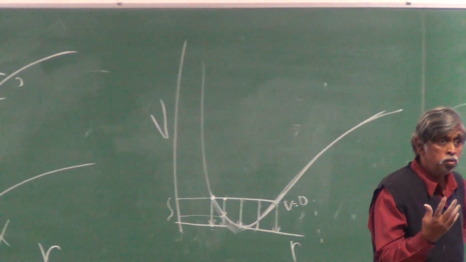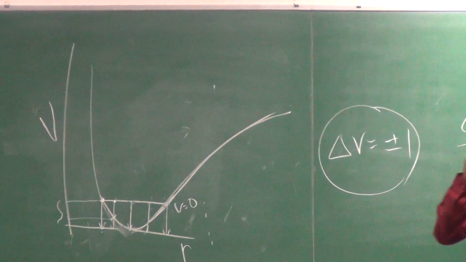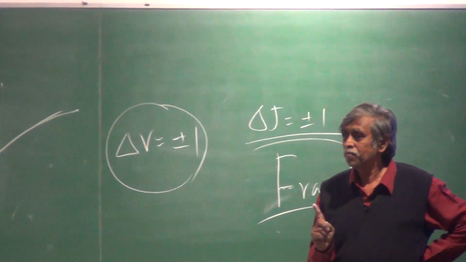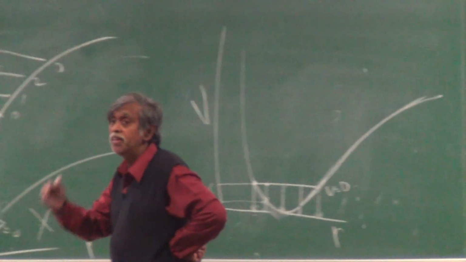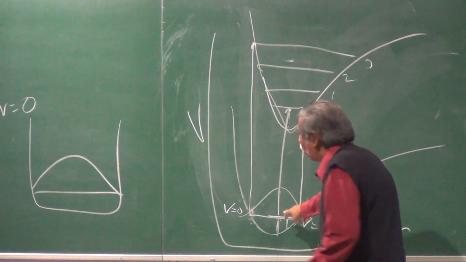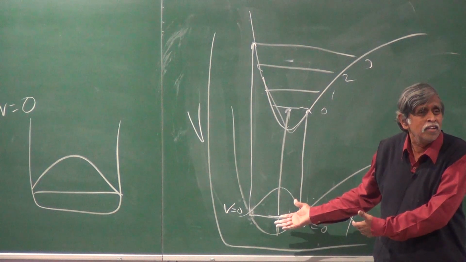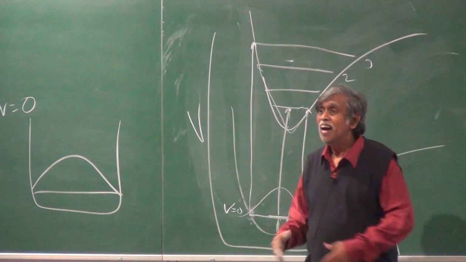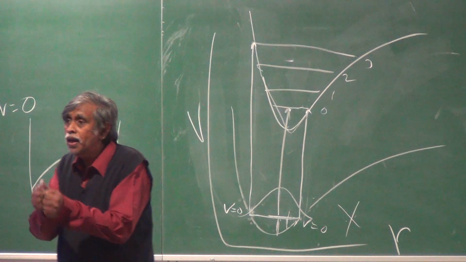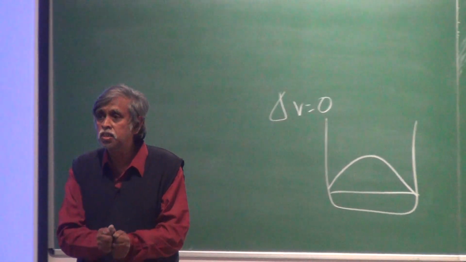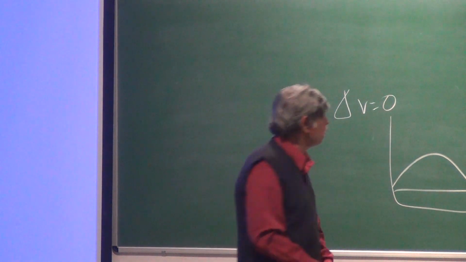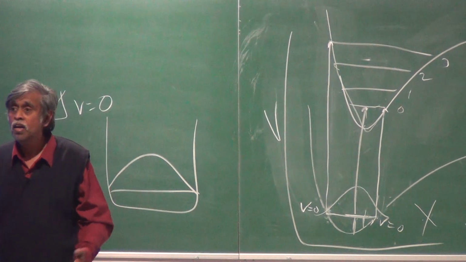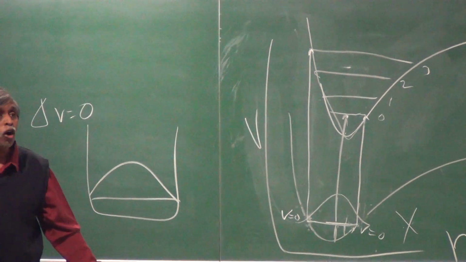And if I conserve these two, just before and just after the transition, such a transition is going to be possible. The next question you have to ask yourself is, in all those places where the position is conserved and the kinetic energy is conserved, like in this place, what is the amount of time the molecule spends there? If it spends a lot of time, then of course, all factors are taken. At that point, any jump will cause it to have conserved position. Any jump will let it have conserved velocity, and it also spends a lot of time at this point. And therefore, this transition is actually going to be favored. The molecule will actually make a 0-0 transition quite strongly.